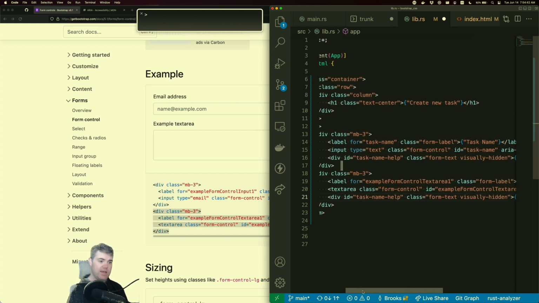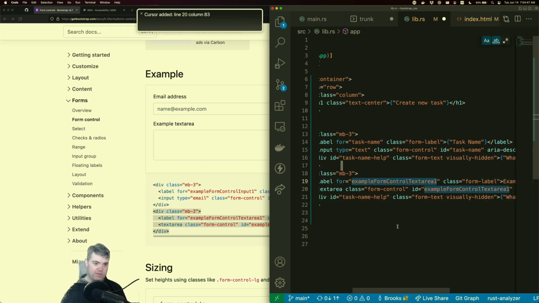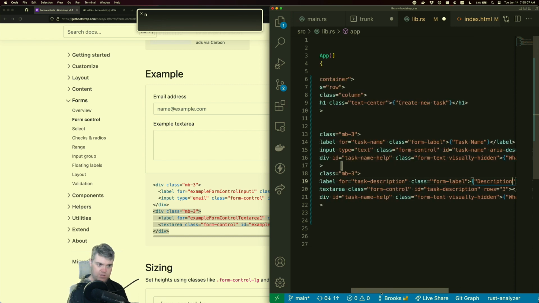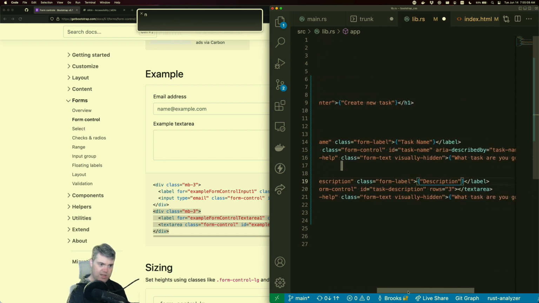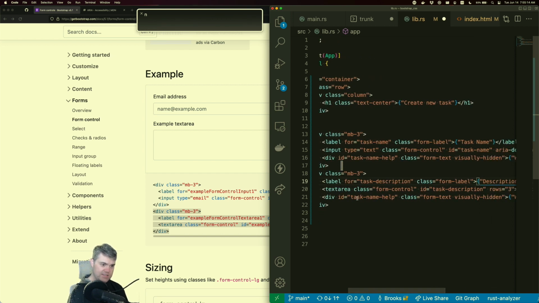Let's see, then label for. So then this is gonna be for the task description. Class form label. Description, close the label, text area, class form control, ID, rows 3, that's fine. ID is, okay, so this can be,